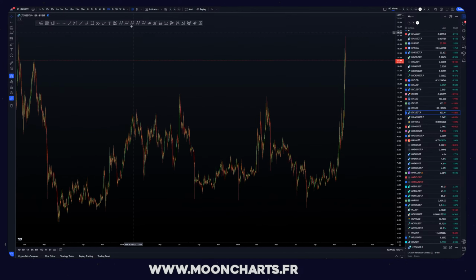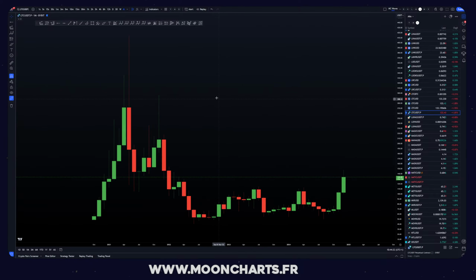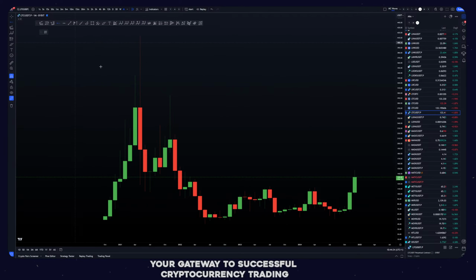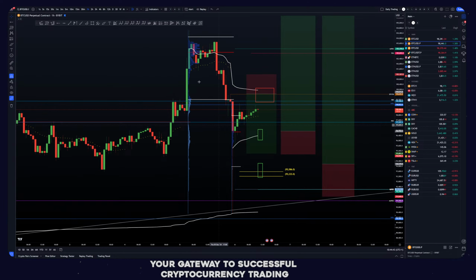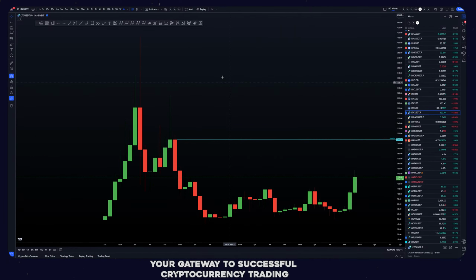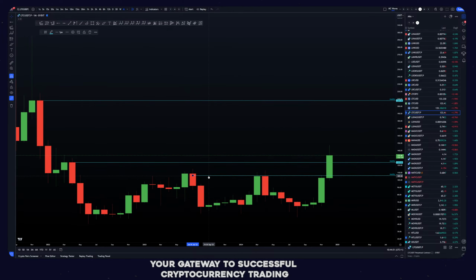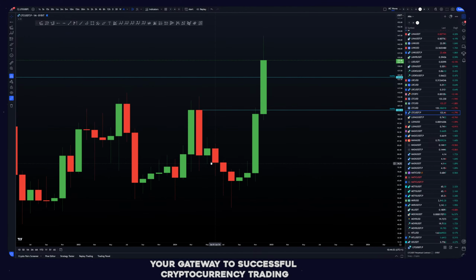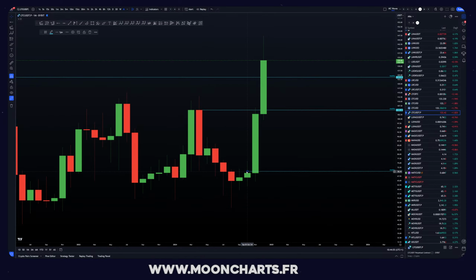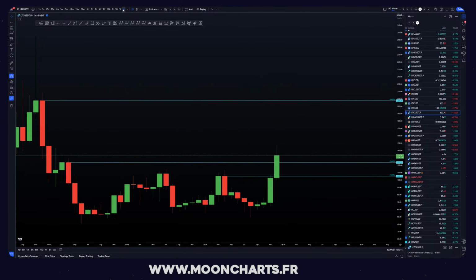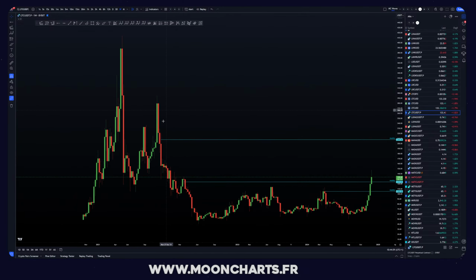Let me do a few TAs on this so we can get maybe a bit more accurate target. LTC, weekly.